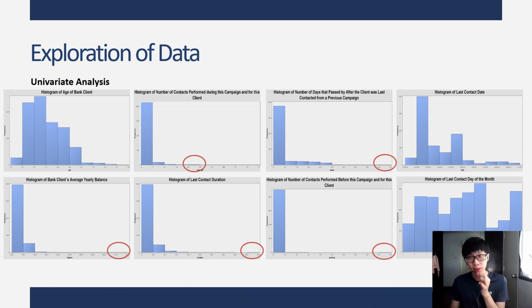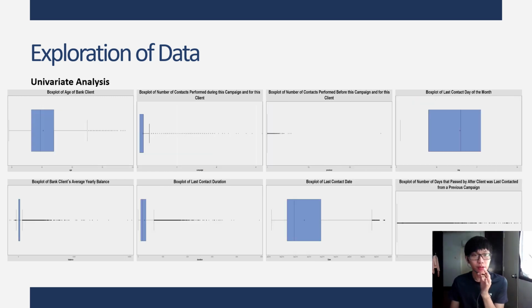For the histogram of the last contact date, the distribution is bimodal, and for the last contact month it is a trimodal distribution. It will be clearer in the box plot diagram, where we can directly identify the outliers. Only the last contact day of the month has no outliers.